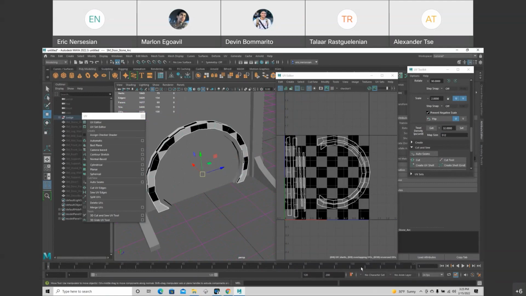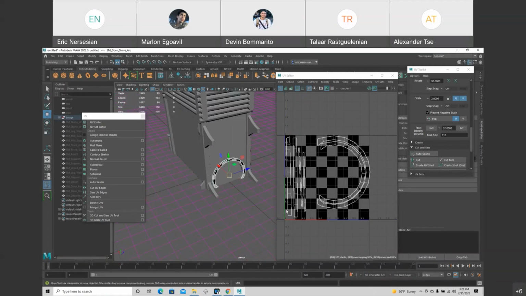So just get the UVs done so that they look good. They look like squares, and you try to remove the seams as much as you can, and you start to combine parts into the same UV space. It's okay to have a few parts in different spaces. Are there any questions on that?